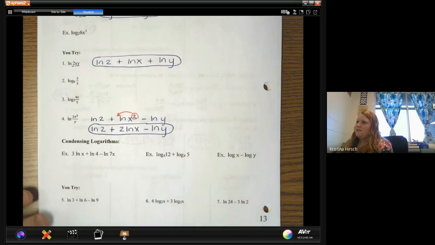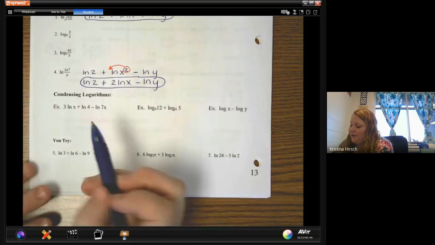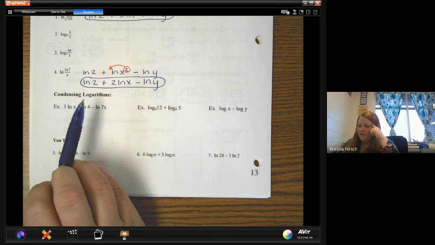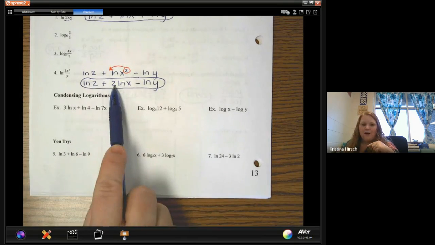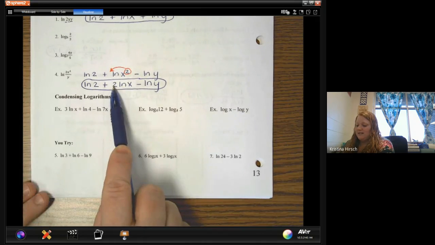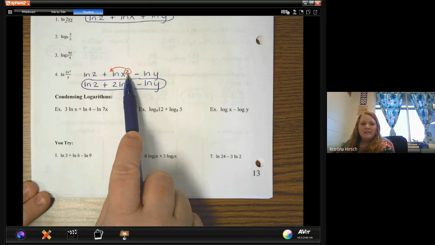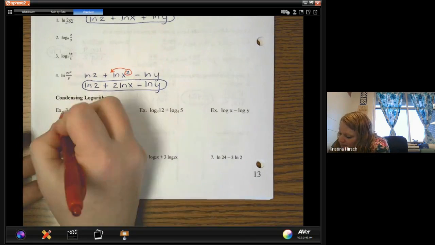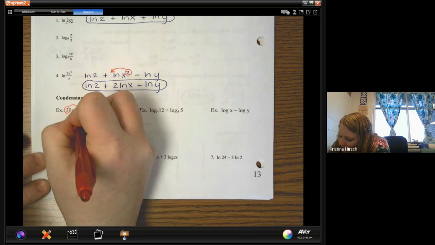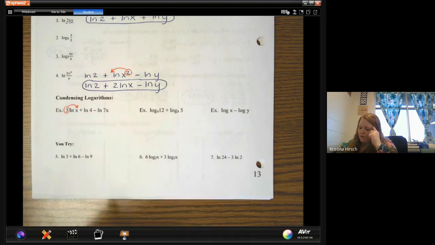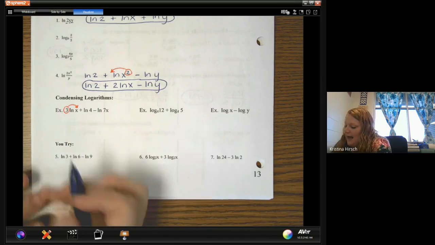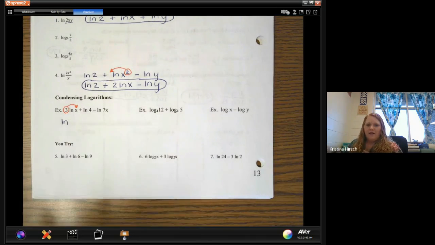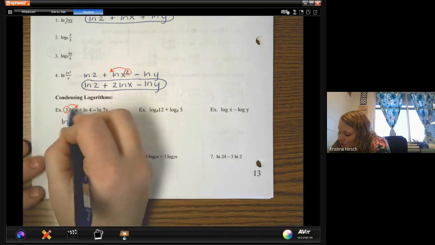So when we look at this first example here, we have 3 ln of x. Well, think backwards. What did we do before? How did we get this number in the front here? Well, this number came to the front because it was originally an exponent. So we're going in backwards mode right here. So this 3 is going to become the exponent of this x. We're going to have the ln, and we're going to write that down one time, because all of these terms are ln. We're going to have x cubed